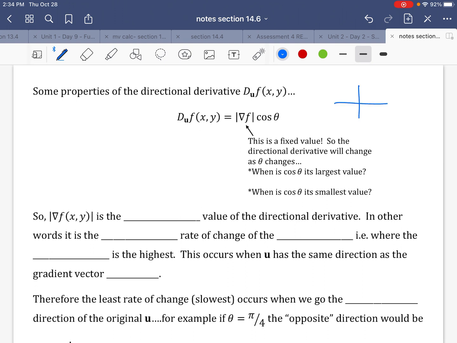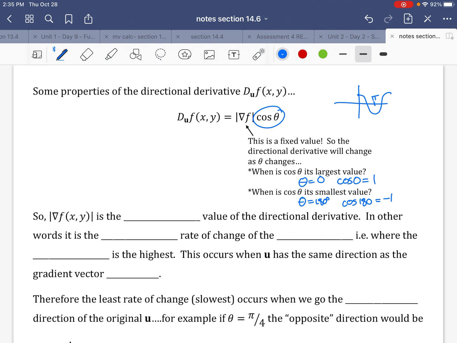If you think about the graph, cosine is largest at 0. So when theta equals 0, cosine of 0 is 1, because it starts up at 1 and goes down across. So when is cosine the least? That's at pi. When theta equals 180 degrees, or pi, cosine of 180 is negative 1. So depending on the value of the cosine, depending on the angle between the two things,